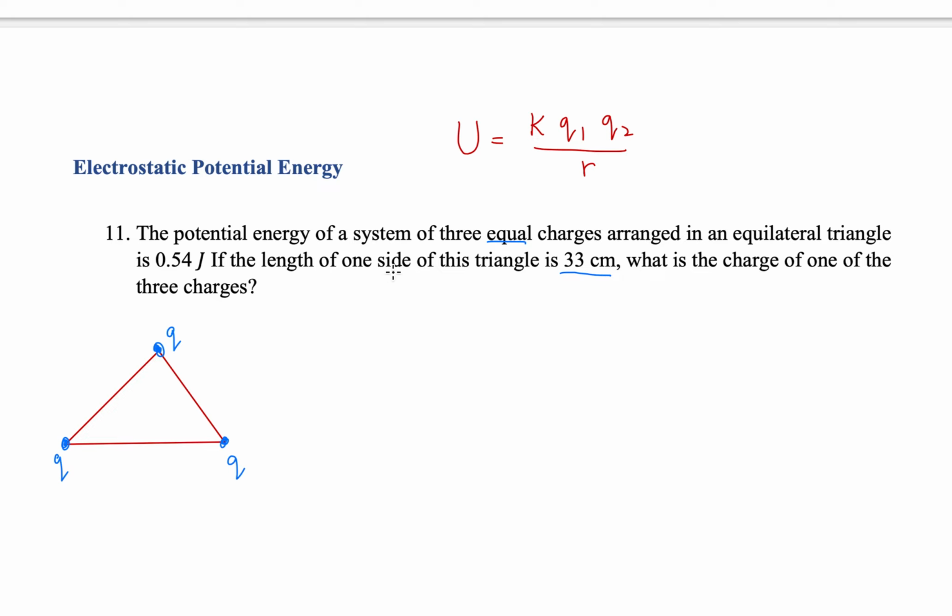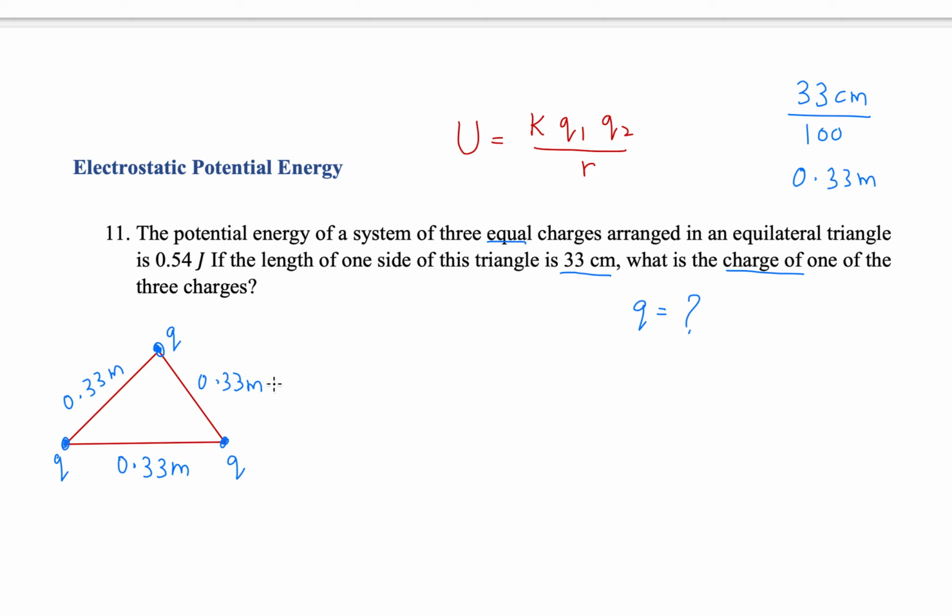It says if the length of one side of the triangle is 33 centimeter, what is the charge on one of the 3 charges? So we want to find the value for Q. They told us the length is 33 centimeter, which we can convert to meter and write as 0.33 meters. So 33 centimeter divided by 100, if we do that, we will get the answer as 0.33 meter. So we have got each side as 0.33 meter,